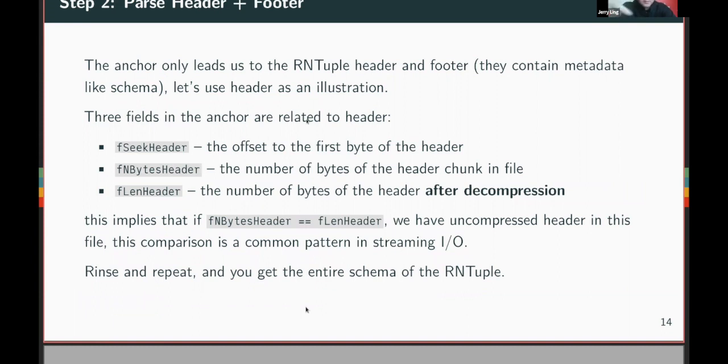The first step we already did: we found the anchor, which is a gateway to RNTuple. The next step is to find the header and the footer from this anchor. There are three fields related to the header that we need. This is a general pattern, so I'm just going to talk about it once. Later, most of the things that have anything to do with reading real bytes have this logic, but I just want to show it once again. The point here is to show the most common pattern in RNTuple and other file serialization